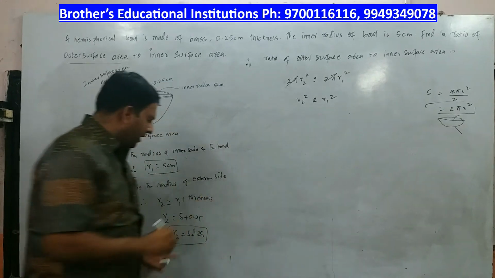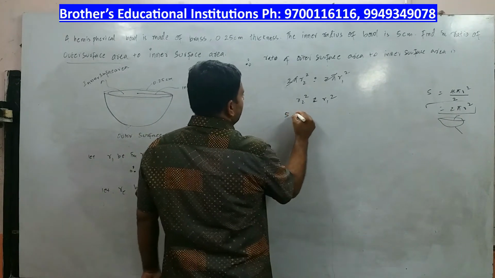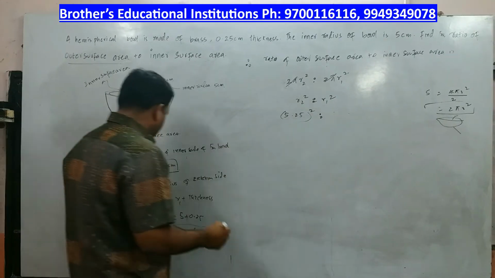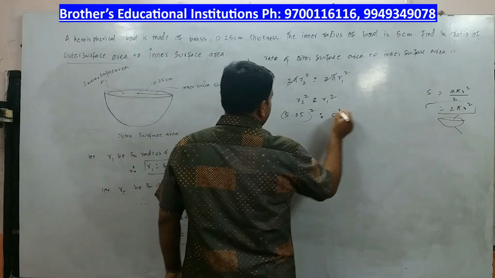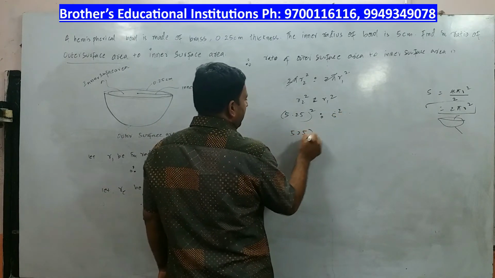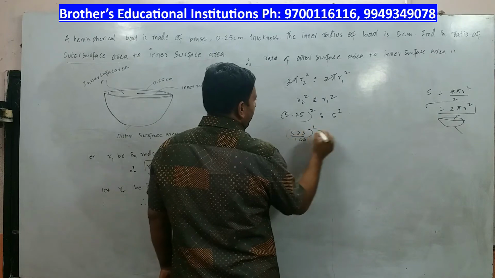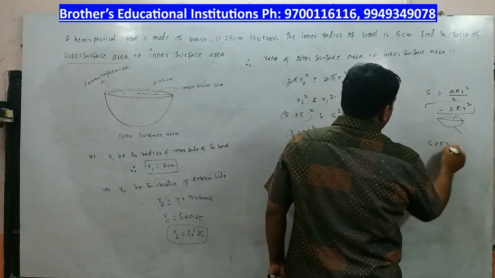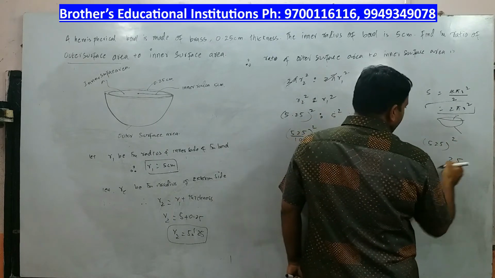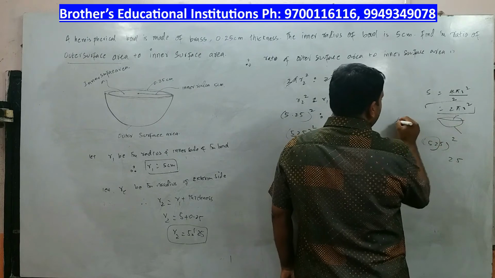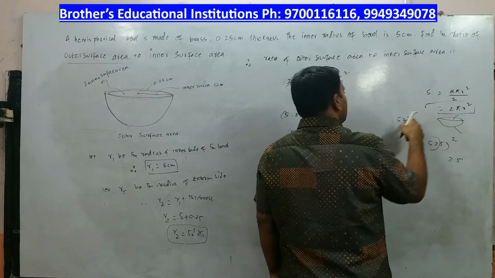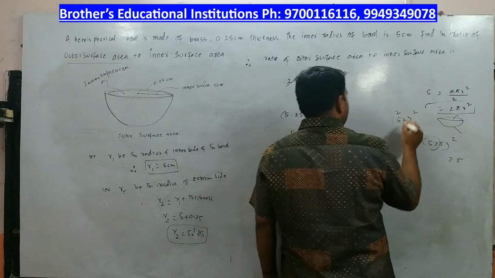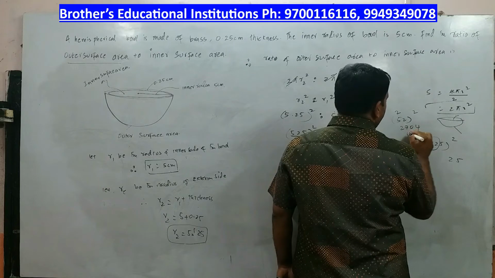What is r2 square? 5.25 whole square is to, what is r1 square? R1 is nothing but 5. So it is 5 square. Now 5.25 whole square is 525 by 100 whole square is to 5 square, 25. What is 525 whole square? 525 whole square is 5 square 25, and then 52 whole square is 2704, plus 52 and that will be